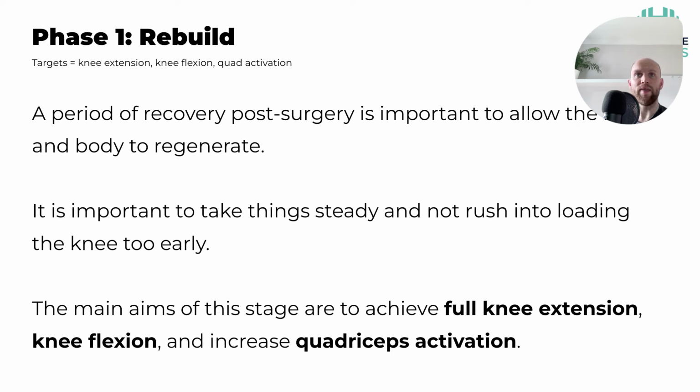And then lastly, quadricep activation, because that's one of the key things that happens early on. Your body essentially switches off the neural drive towards the quadricep muscles to essentially protect the knee. Makes a lot of sense because you don't want to be sending a lot of neural signals to the muscle to fire up and to produce lots of force in an injured joint. It wouldn't make a lot of sense, but it does obviously make the rehab process harder because you're trying to forcibly make a muscle activate whilst the brain's trying to switch it off.